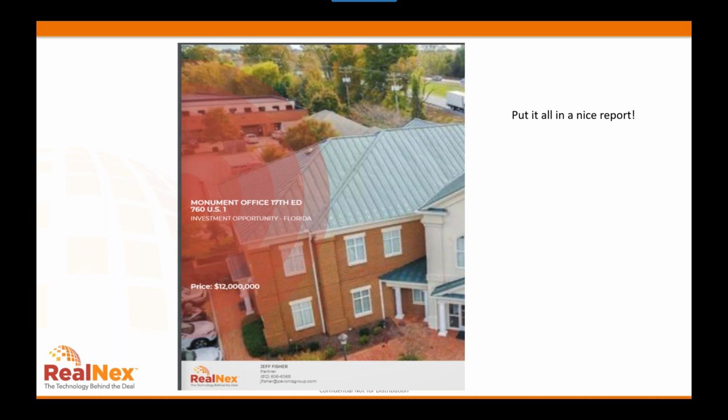So you would just itemize them as if they were one property, but it's one portfolio, and be able to show it that way. It wouldn't show individual values of each component building,